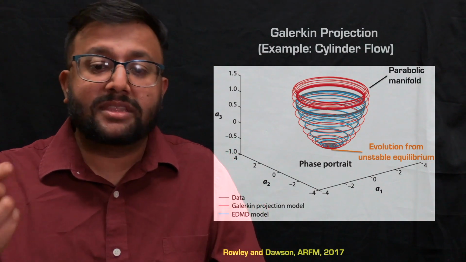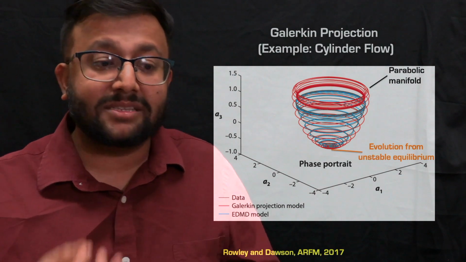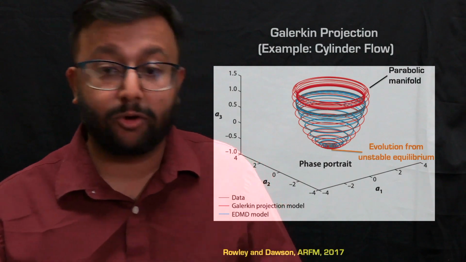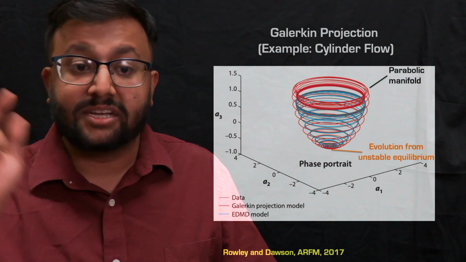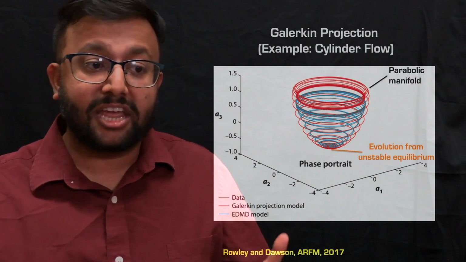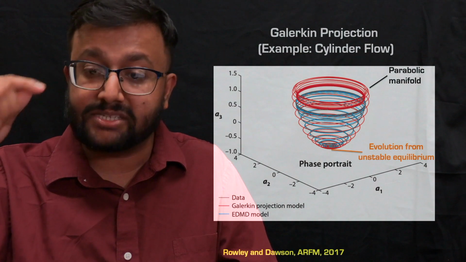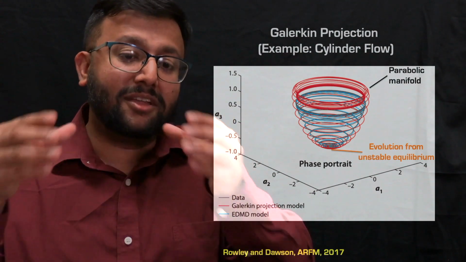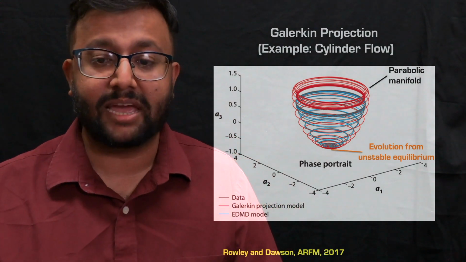The figure shows an evolution of the temporal coefficients from what is called the unstable equilibrium or the unstable steady state of this flow. And we can see that the Galerkin projection model overestimates the saturated limit cycle. You can see on top in red, that is the Galerkin projection model, and it actually overestimates the limit cycle. Where the saturation happens is much larger than what it truly is from the DNS data.